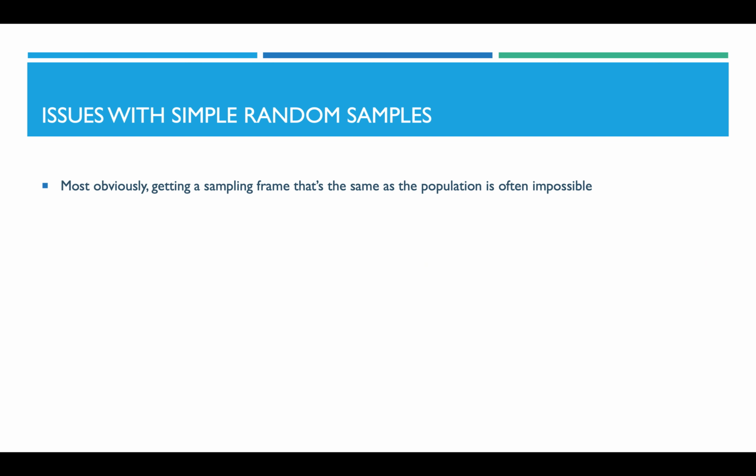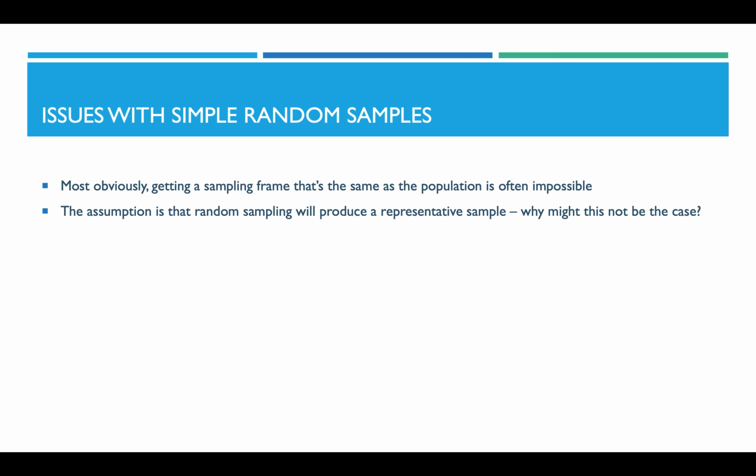But as you might imagine, even though we call this a simple random sample, things aren't always so simple. And the most obvious issue is that getting a sampling frame that's the same as the population, getting that list, is often difficult or impossible. Also, the assumption with simple random sampling is that this technique is going to produce a representative sample of the